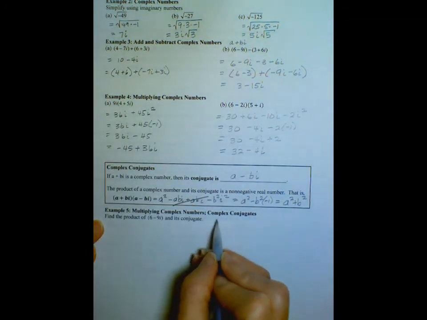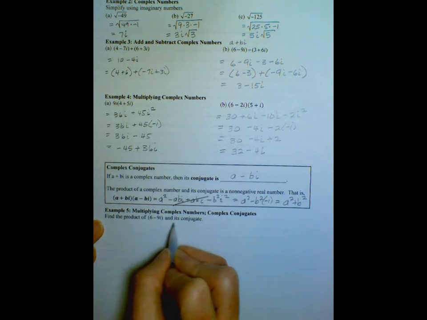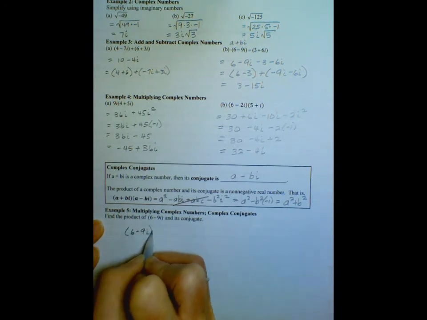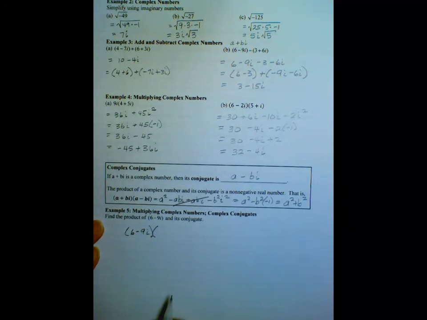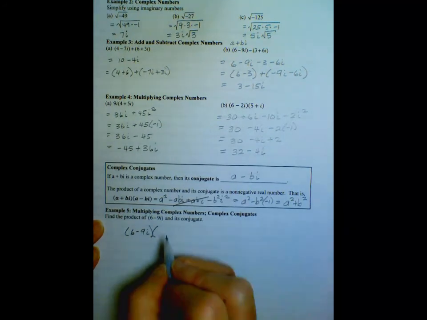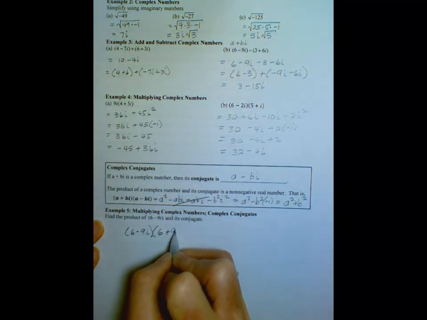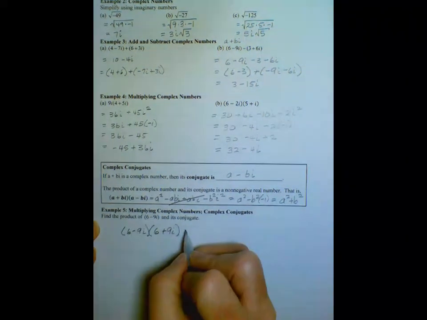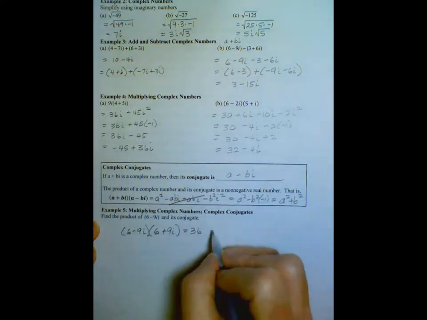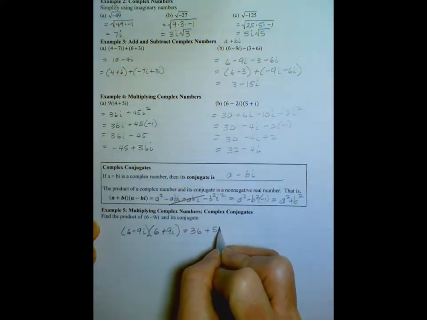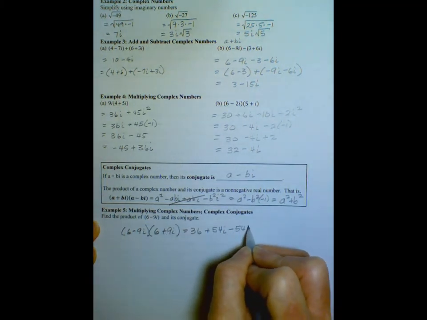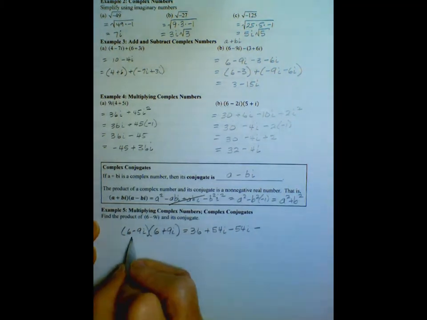Okay, so before we do that, we're going to do one last multiplication, but we want to multiply 6 minus 9i times its conjugate, which would be what? 6 plus 9i. So let's do the same thing, but now with a real problem and see what happens. First times first, 6 times 6 is 36. Outside times outside, 9 times 6 is 54i. Inside times inside, negative 54i. Last times last will be negative